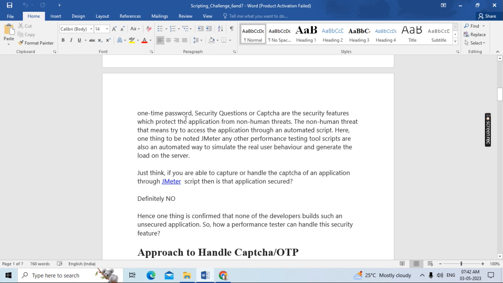First, one time password (OTP), security questions or Captcha are security features which protect the application from non-human threats. A non-human threat means someone trying to access the application through an automated script. Here one thing to be noted,